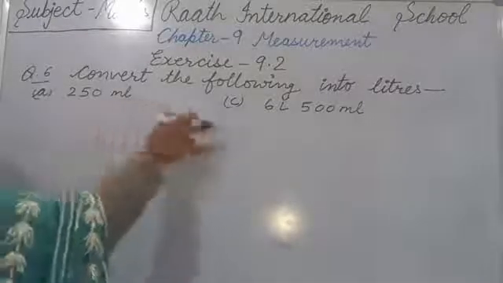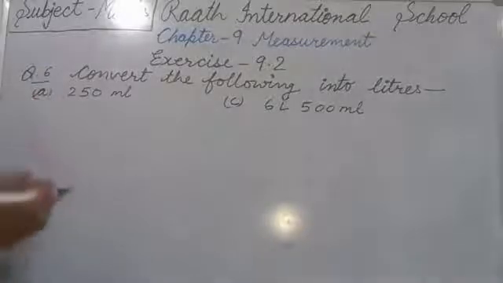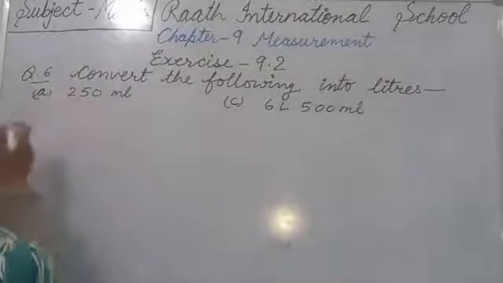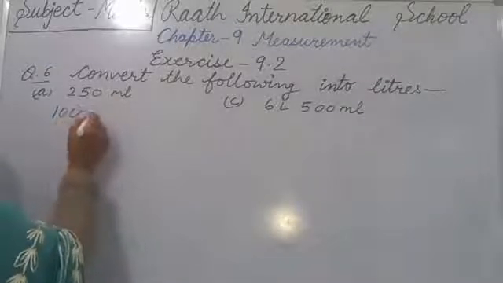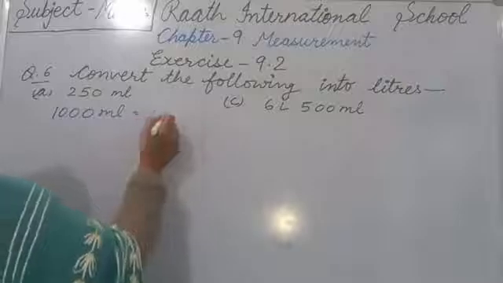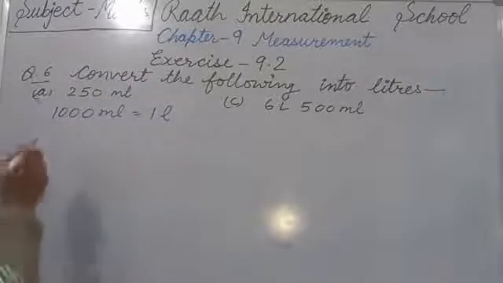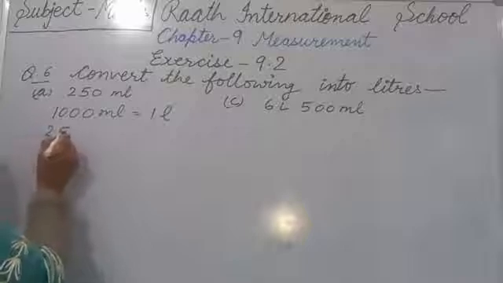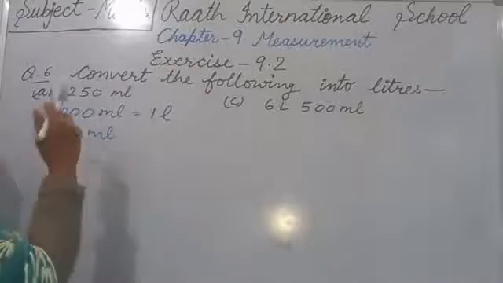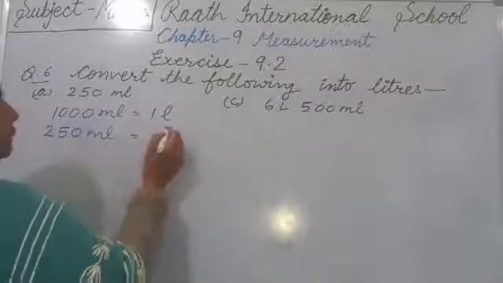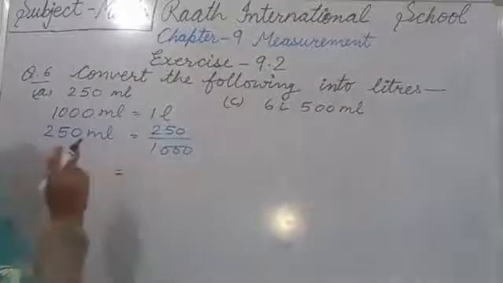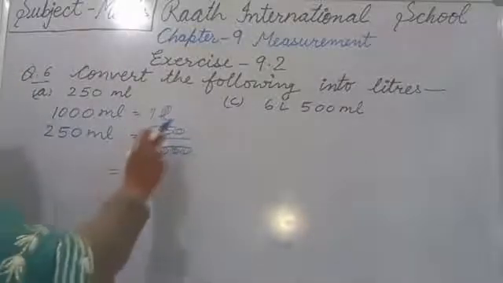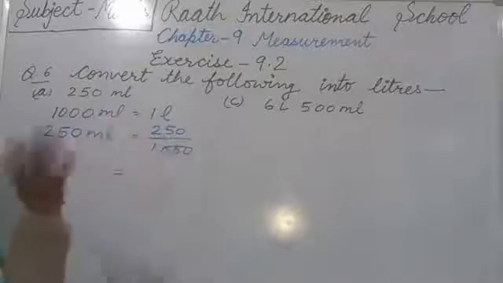I take here A and C part because A and B are same and C and D are same. So I take here A and C part. Now A part here is 250 ml. Okay. So we convert this ml into liter. So as we know, 1000 ml equals to 1 liter. Okay. Now there is given 250 ml. So whenever we convert smaller into higher, we always do divide. So 250 divided by 1000. So when we do divide by 1000, so that means we will take 3 decimal place. So there is already 3 digit 1, 2, 3. So there is no need to make more.